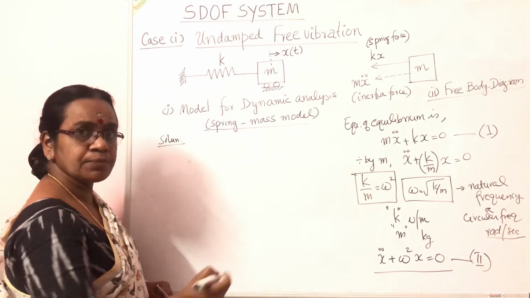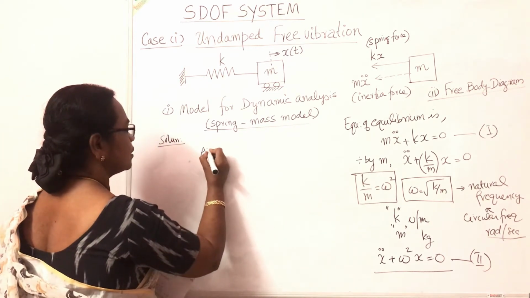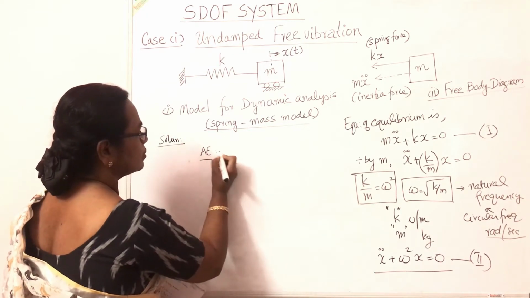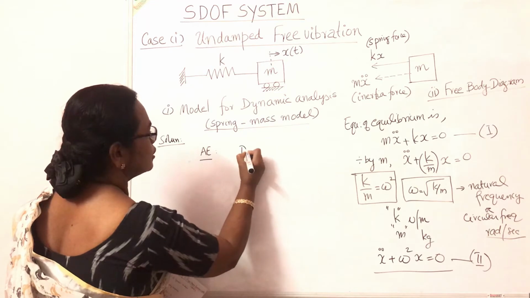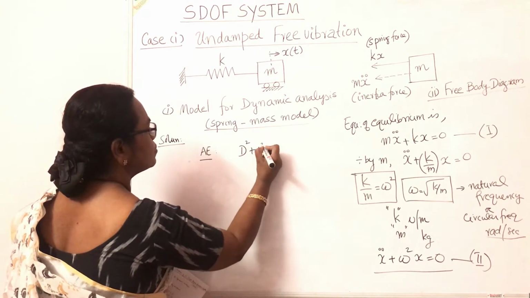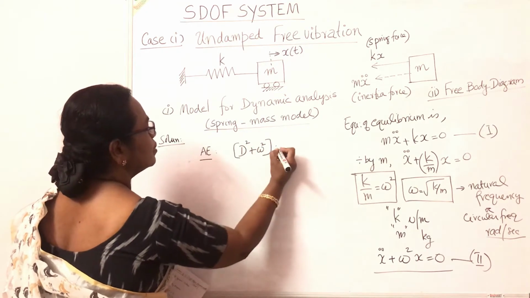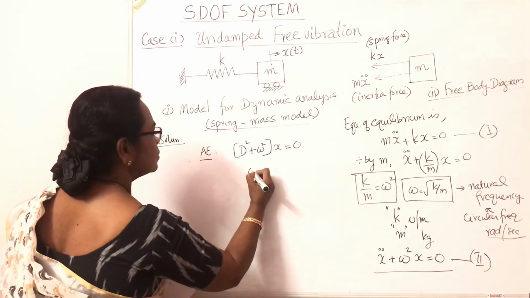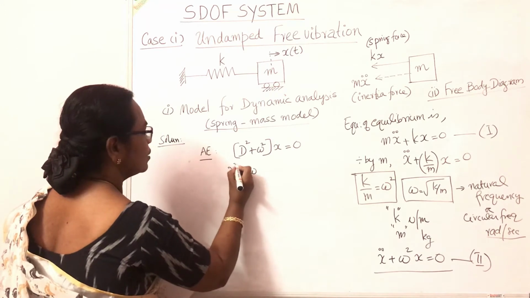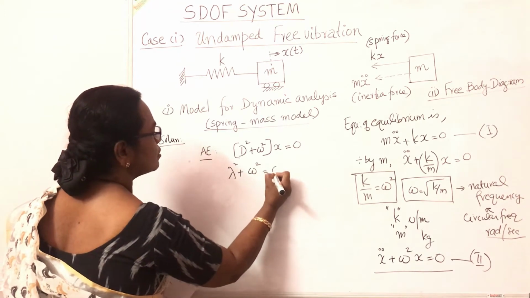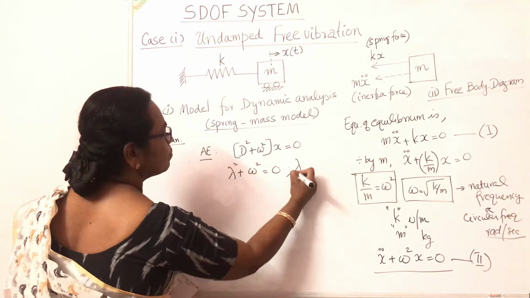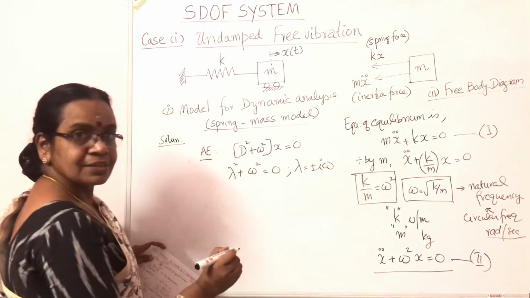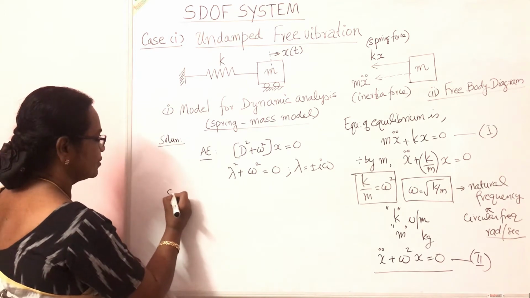How will you solve this equation? The auxiliary equation, I have just recollected it. You know already, the auxiliary equation is D squared plus omega squared of x is equal to 0, or we get lambda squared plus omega squared is equal to 0, or lambda is equal to plus or minus i omega. Therefore, the solution is